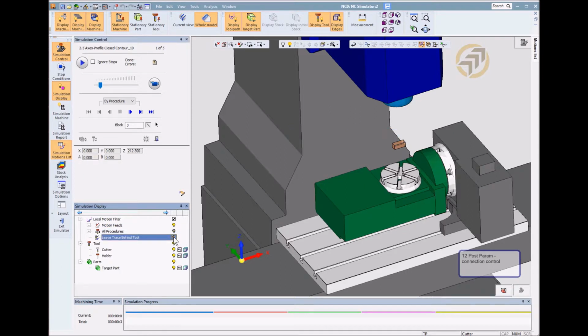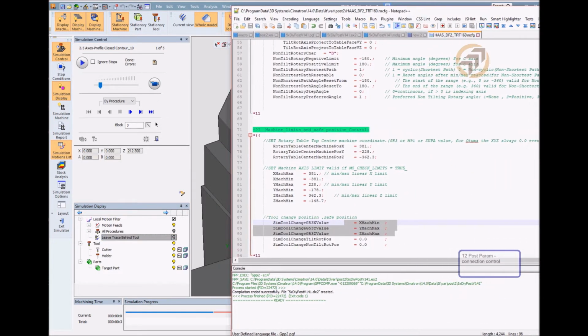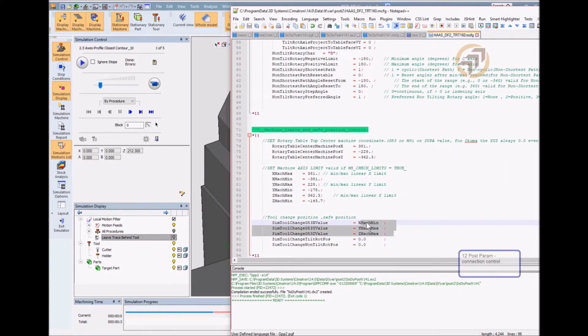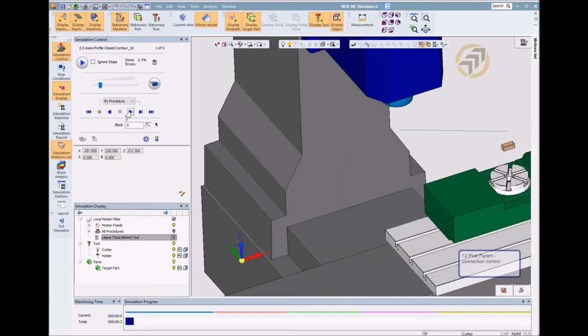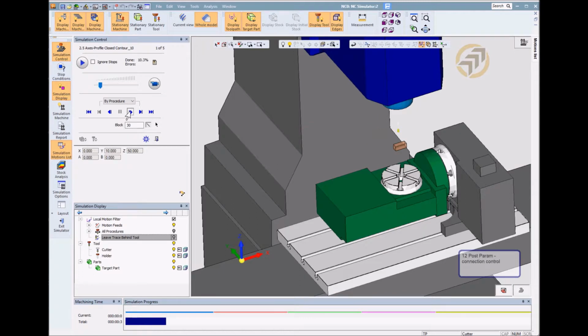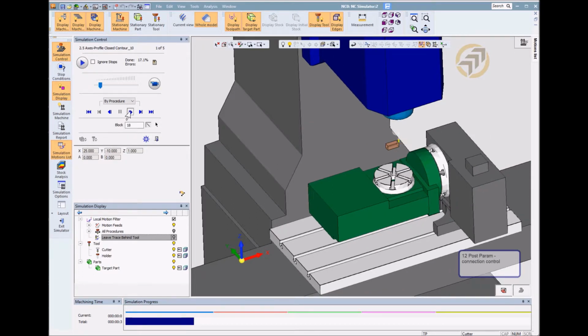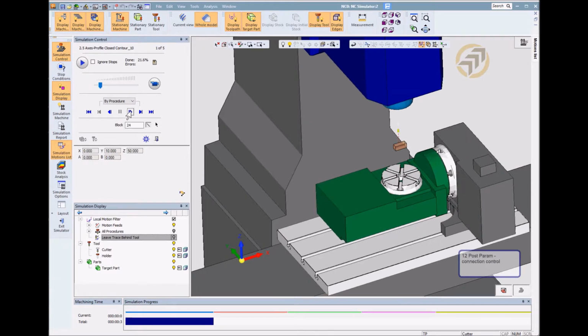Okay, the program will always start from the safe position that you define inside the MCFG, somewhere here. You go to the safe position, and then from the safe position you move X, Y, and then go down in machining. And if the rotary is going to move